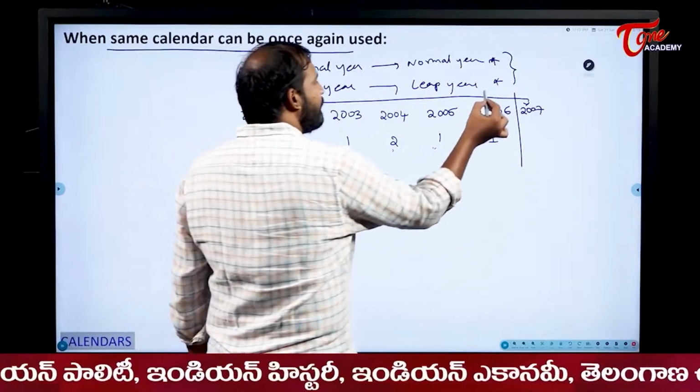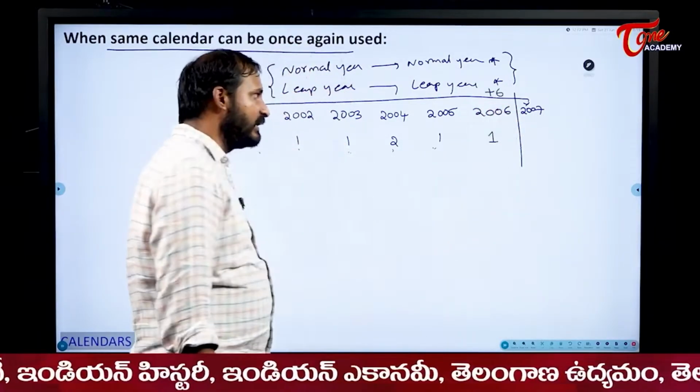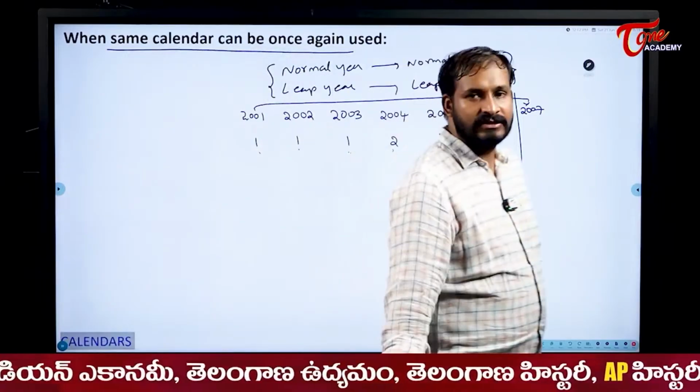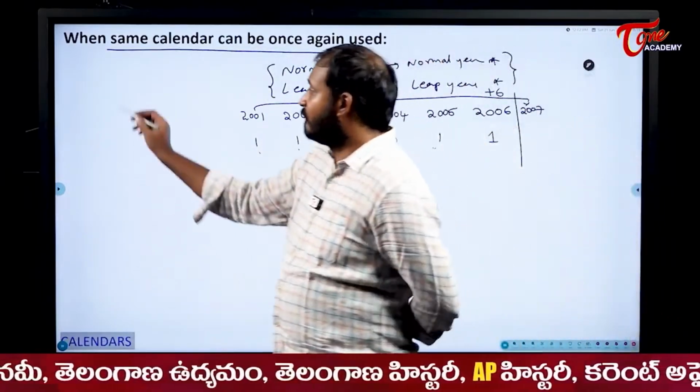So what is it? Plus 6. Sir, how are you telling? Why are you writing this 1, 1, 1, 2, 2, 1, 1 and writing plus 6 and writing 2007? Means see here, students. If 2001